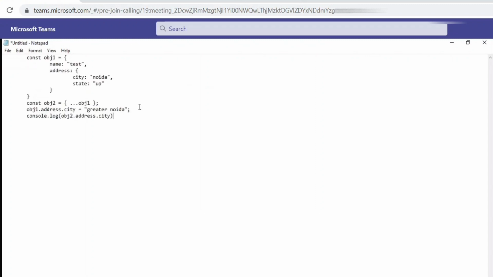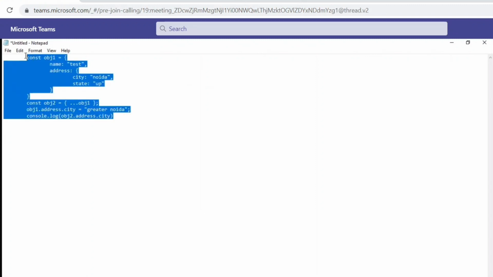Okay, no problem. What will be the output of this one? It will be Greater Noida only. Why? Here you have made a copy of hello, so if it changes any property value, it will also be reflected in the copy value.